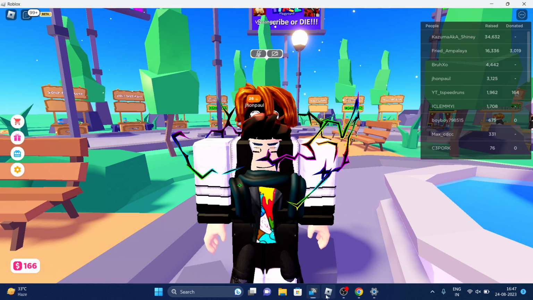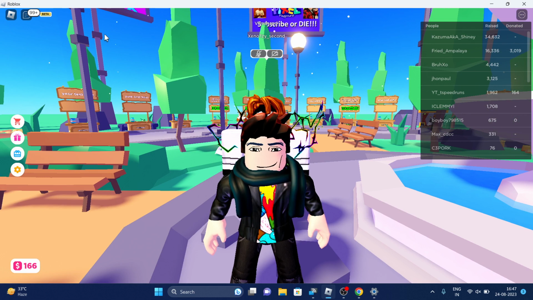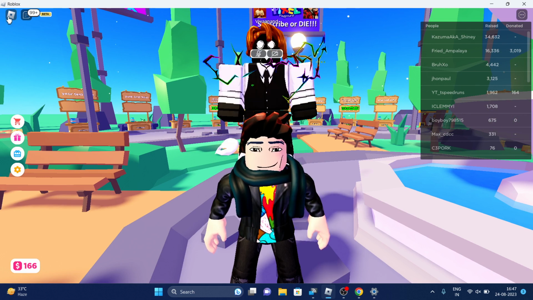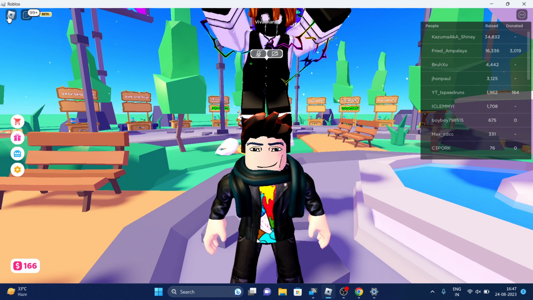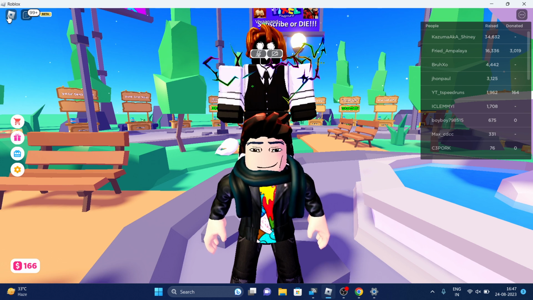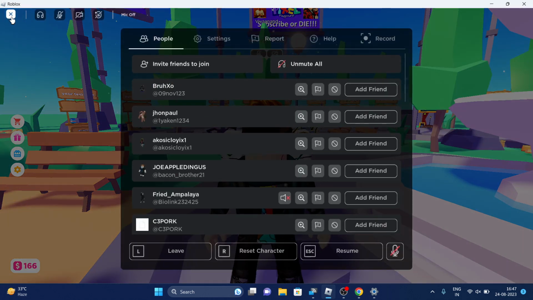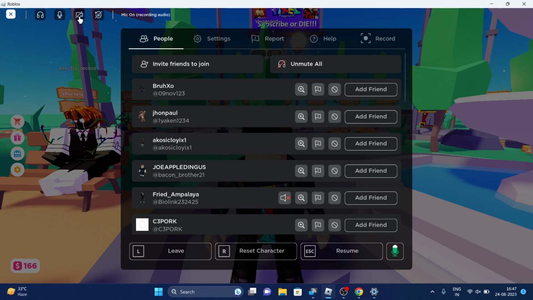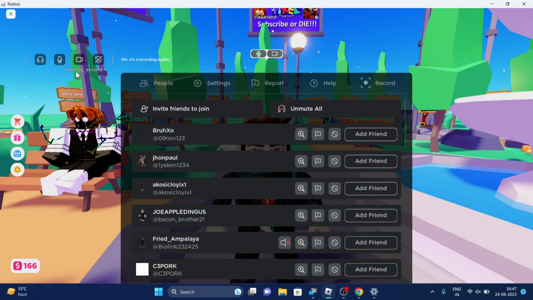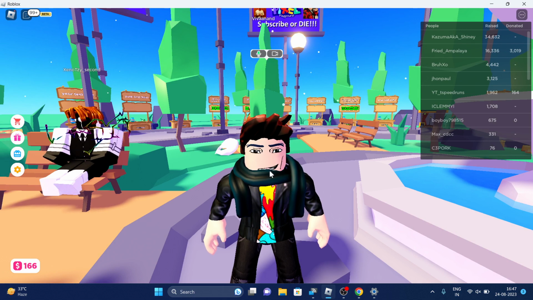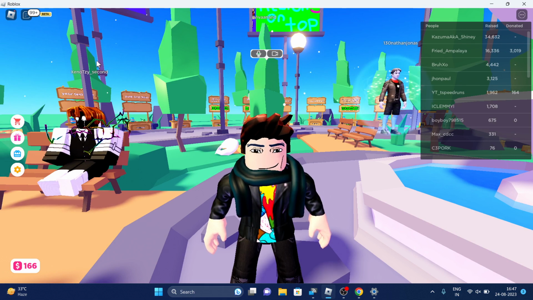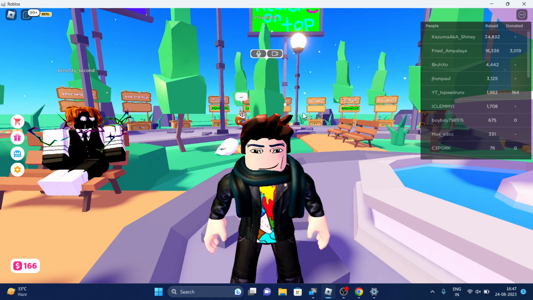open a game that supports microphone and camera as communication, just tap on the Roblox icon, and choose both options, and just enable both options. And now you can see that my face is tracking with my voice, and I can use my microphone to communicate with anyone. Fine. So yeah,